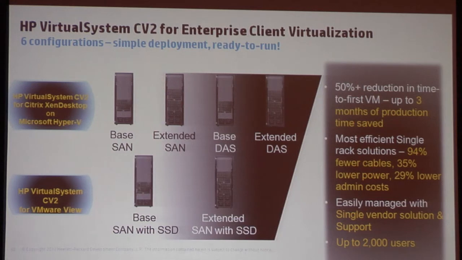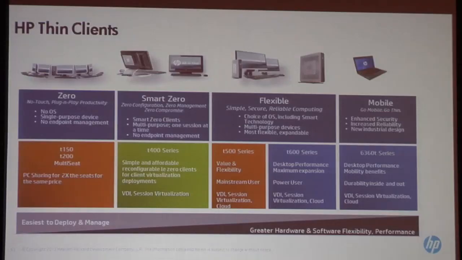So these are predefined, and there's no wiggle room on them. It's 100 user or 1,200 user. It comes with all the licenses. View licenses and desktop licenses, all of that is included in the overall pricing. And then last but not least,